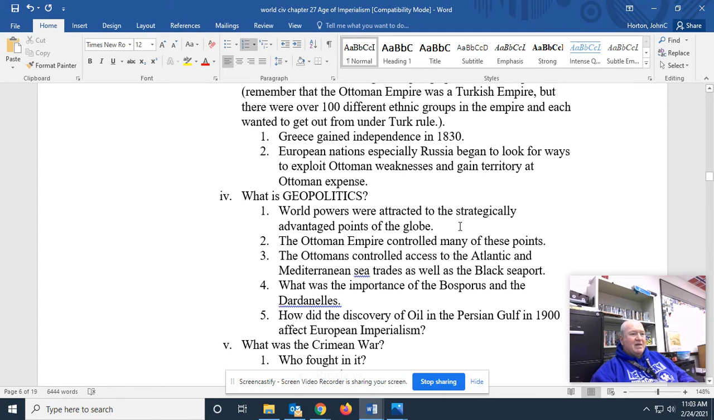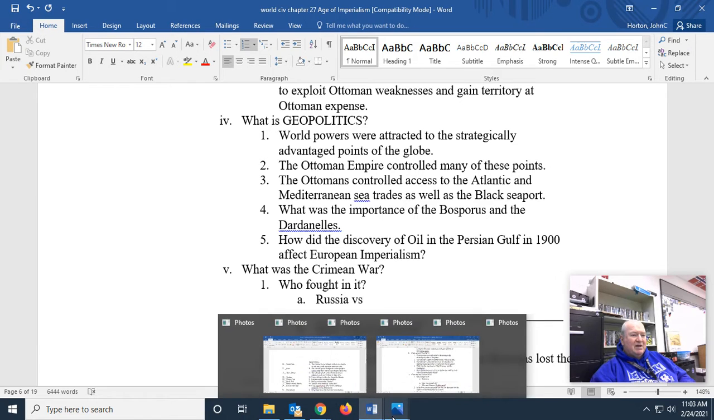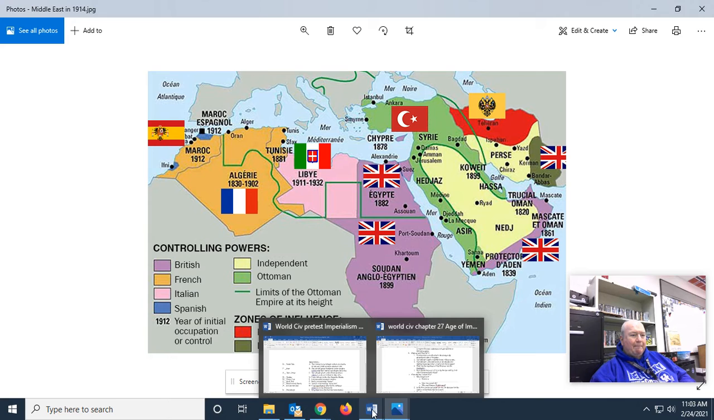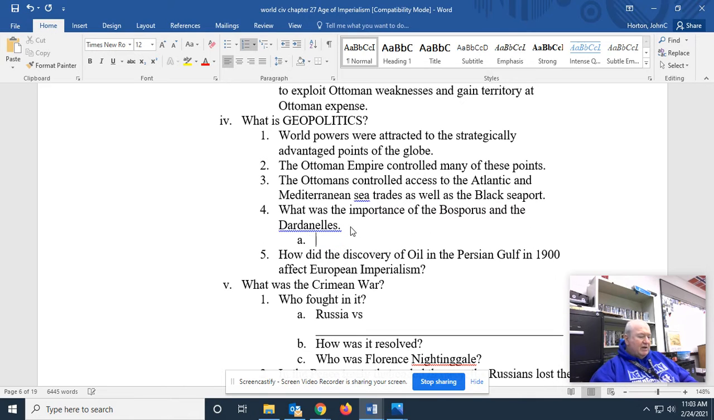Play Monopoly. The Ottoman Empire controlled many of these points, such as the Bosporus and the Dardanelles. And you're saying, Mr. Horton, what's the Bosporus and the Dardanelles? Once again, the Ottoman Empire owned this. Very strategic. The Ottomans controlled access to the Atlantic and the Mediterranean Sea trades, as well as the Black Sea ports. What was the importance of the Bosporus and the Dardanelles? Well, the Bosporus and the Dardanelles were Russia's only